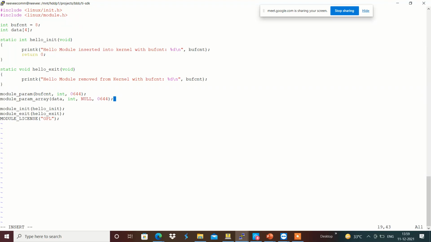In order to make that full access to the array, we can provide a NULL there.